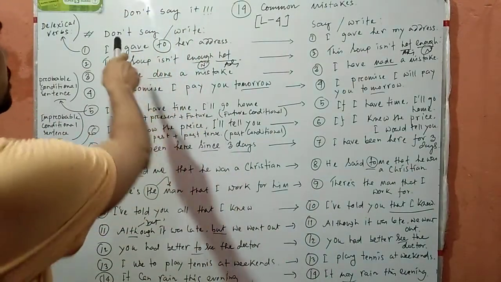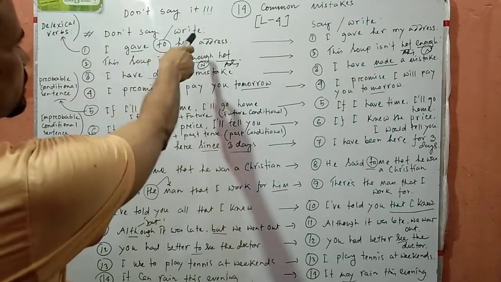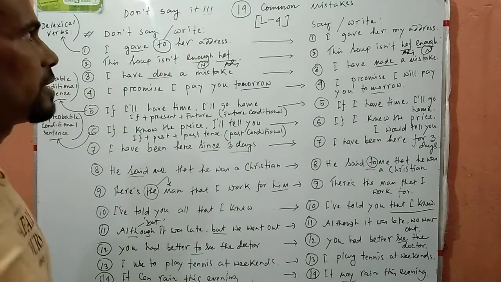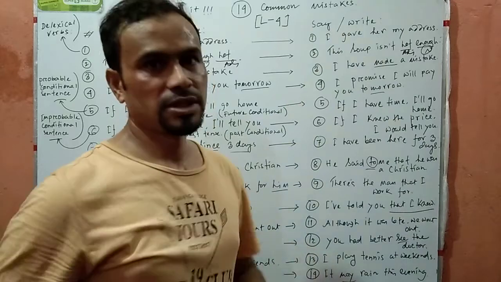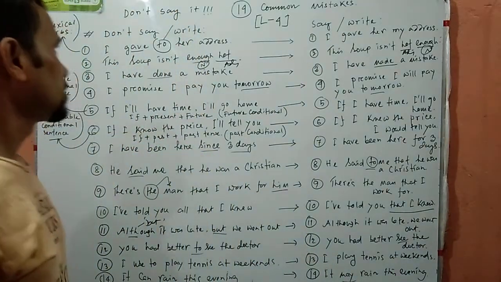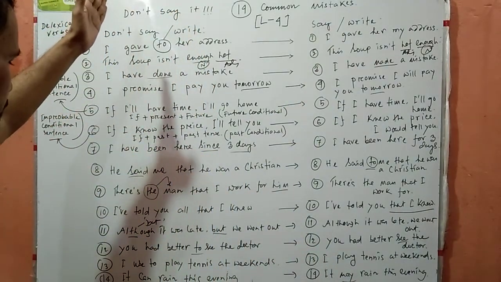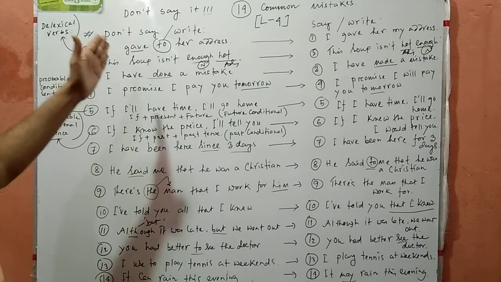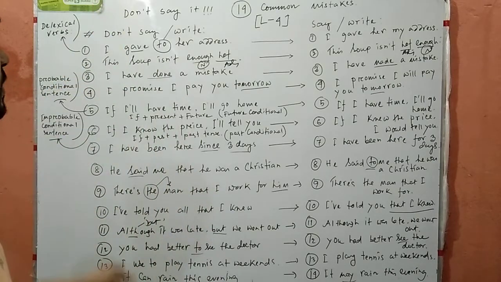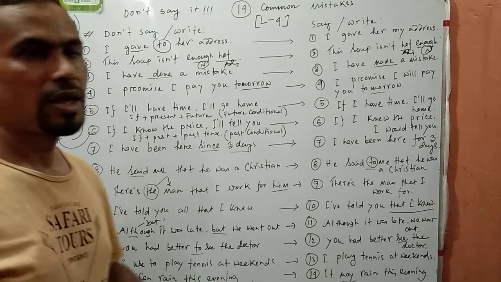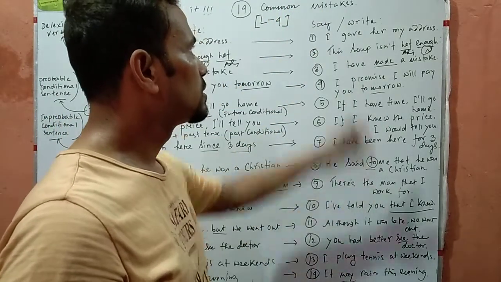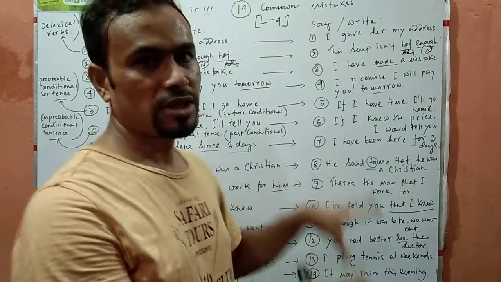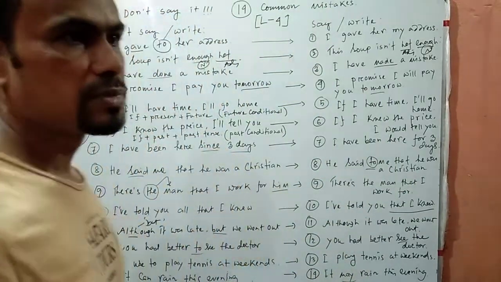Friends, here you see I write "don't say or write" and "say or write." You see I write 14 sentences. The left side sentences are incorrect, and on the right side the 14 sentences are correct. So, number one,